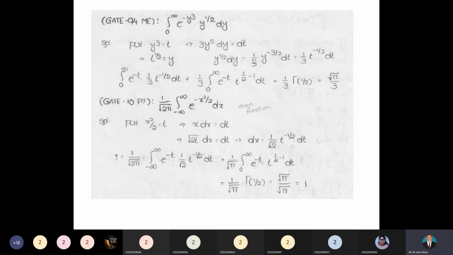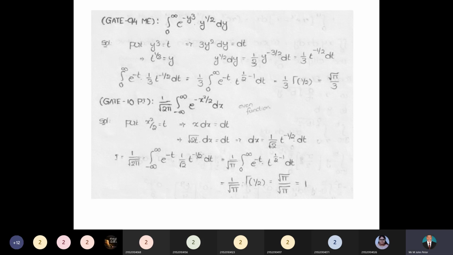Okay, we'll continue. So there is the integral from 0 to infinity of e power minus y cube y power 1 by 2 dy. You cannot directly integrate and apply the limit. Integration by parts as well as the substitution method we have to apply. Otherwise you won't get any finite value. So y cube is equal to t. Substitution method: replace y cube by t. So differentiate,